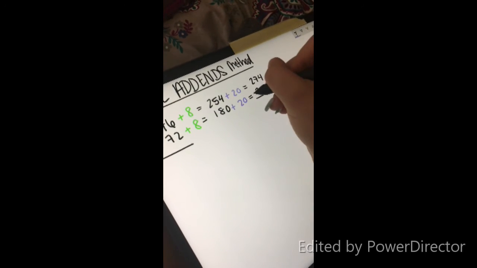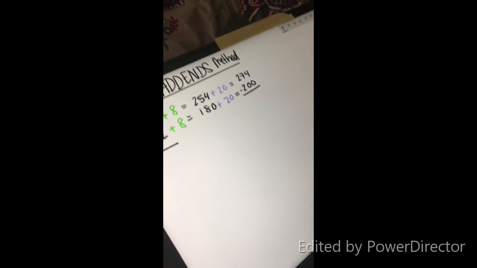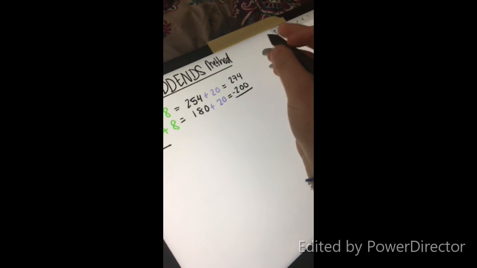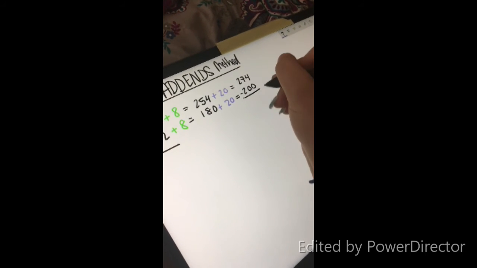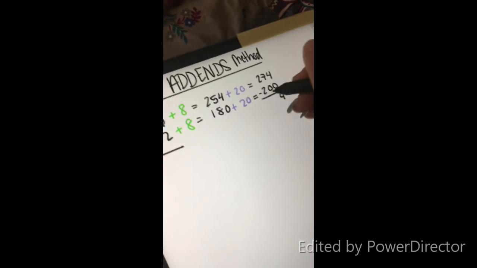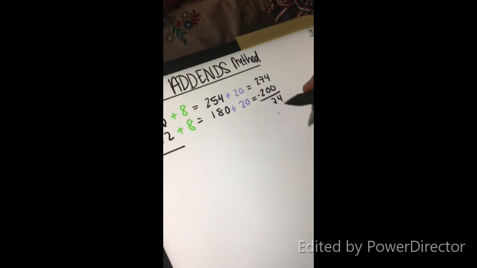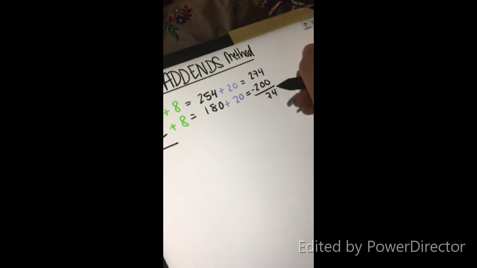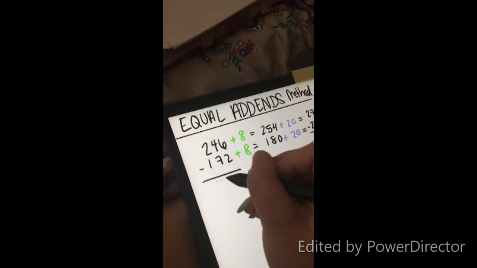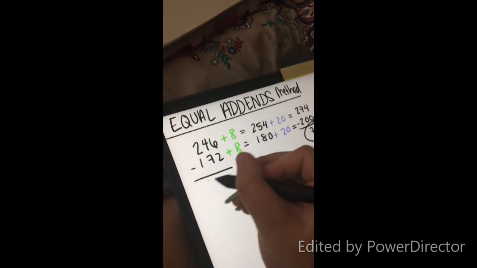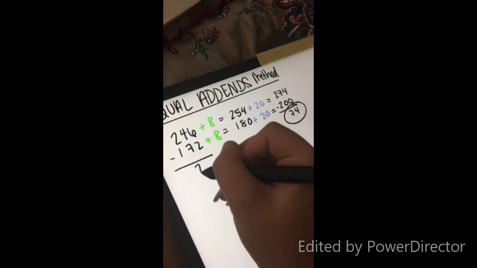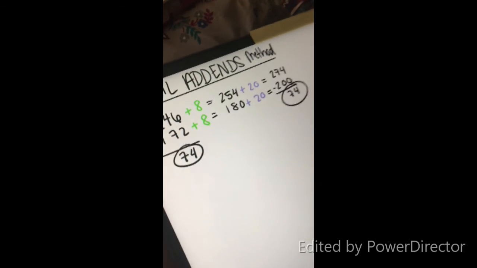See, this number right here is much easier to subtract because 4 minus 0 is 4, 7 minus 0 is 7, and 2 minus 2 is 0. So our answer is 70, not 47, is 74. We're going to do